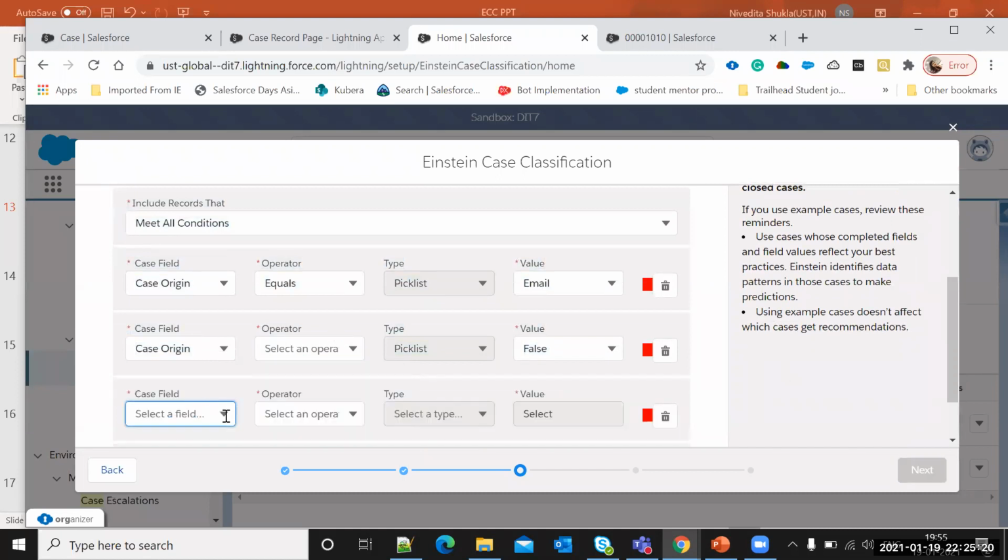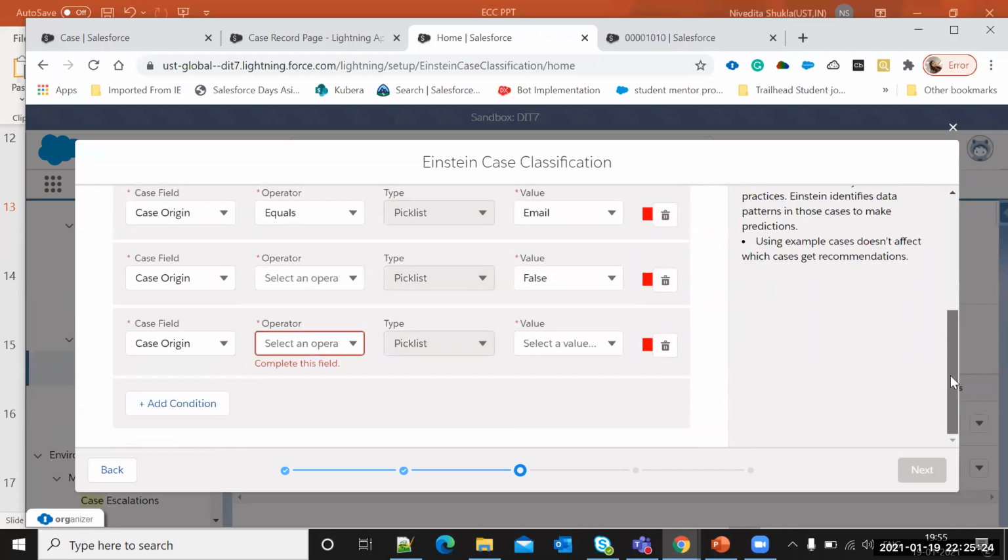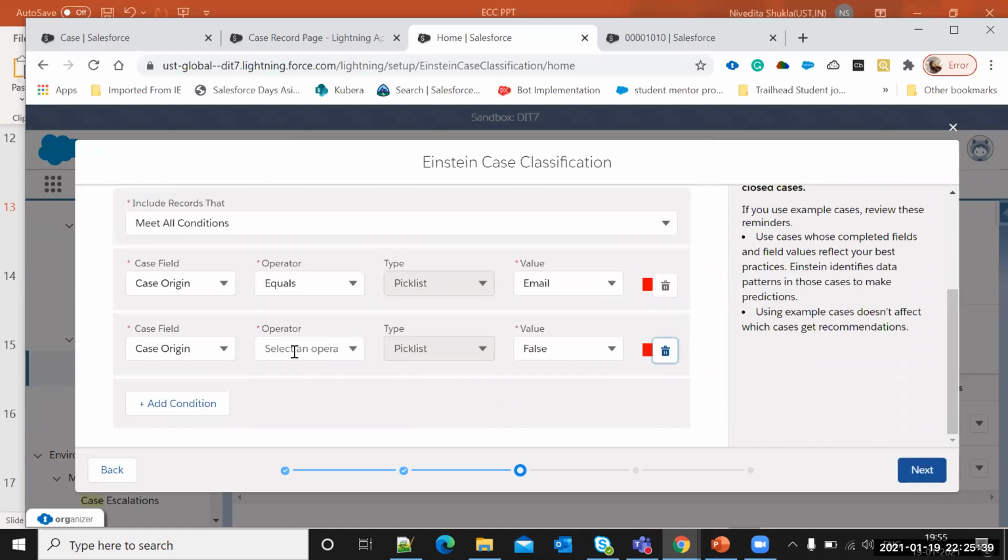Let me show you. Three options have been provided: equal, doesn't equal, and null. Once you start building your model and review it again, this is null will go blank. So nothing to worry about, because it is a Salesforce bug or they are still working on it. We have notified them, but still haven't got any response as of now.